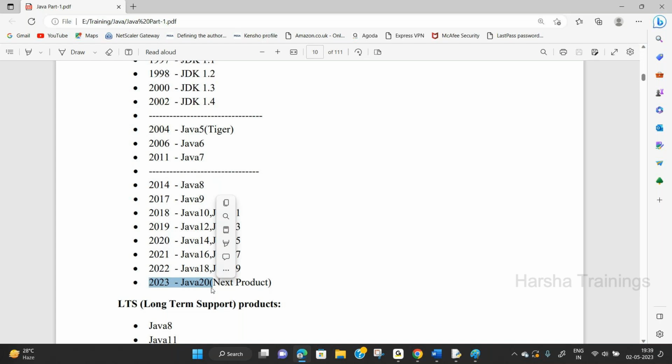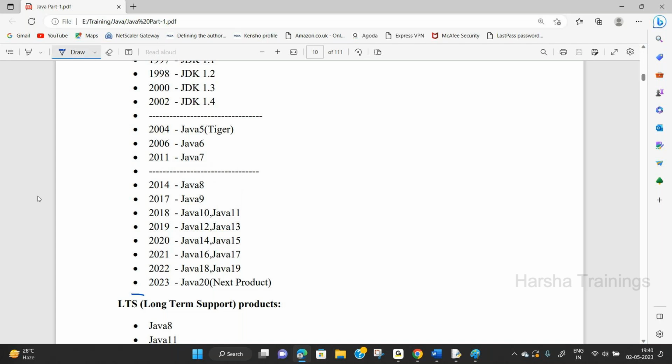Anyway, first this one, Java 8, after that some basic Java 11. Even if you forget, no problem. First you need to remember Java 8. After that you need to remember Java 17. Again, from Java 17 a lot of variations are there. Now everyone follow this, it is important.